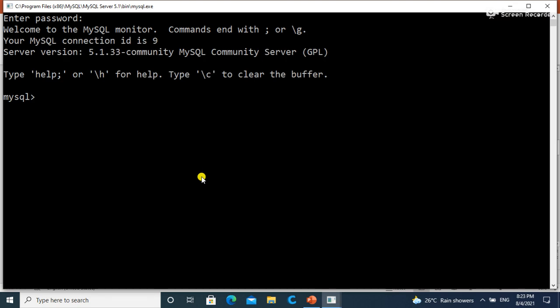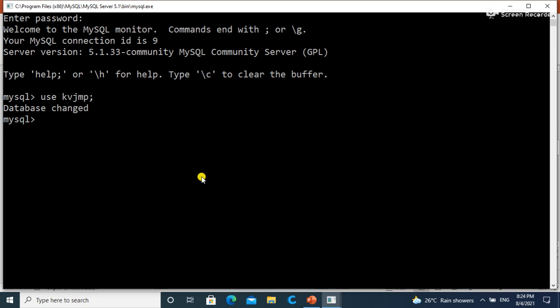We have already created some databases here. If you want to create another database, you can use create database command, or if you want to open any existing database, then simply use the use command and just write the database name. Here KVJMP is the name of the database.